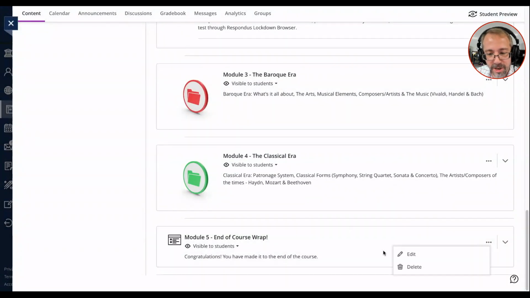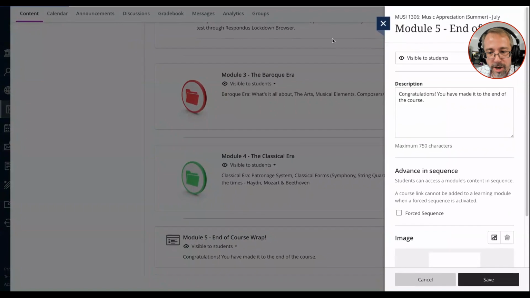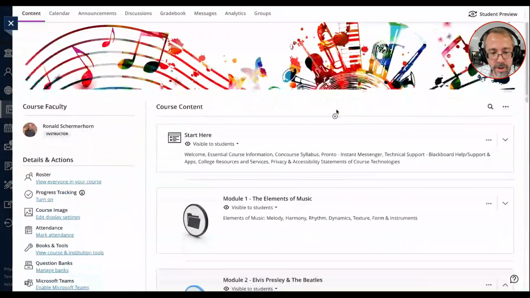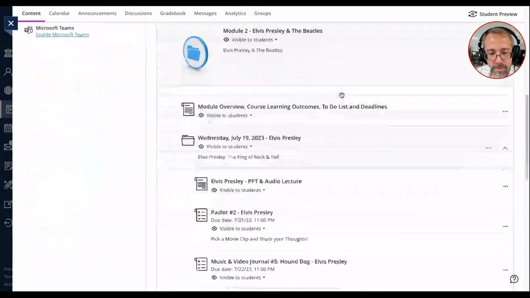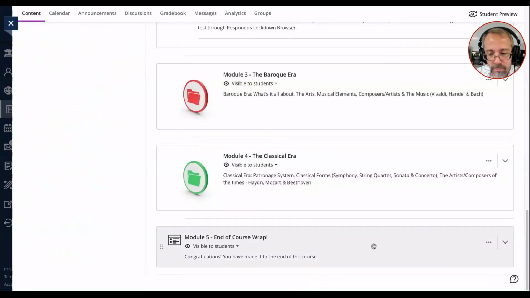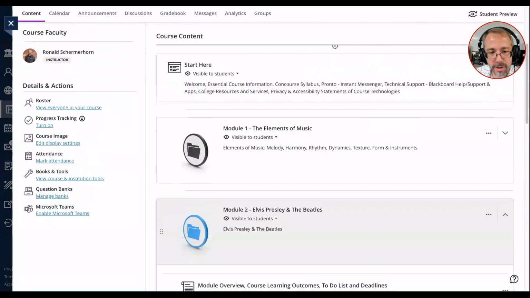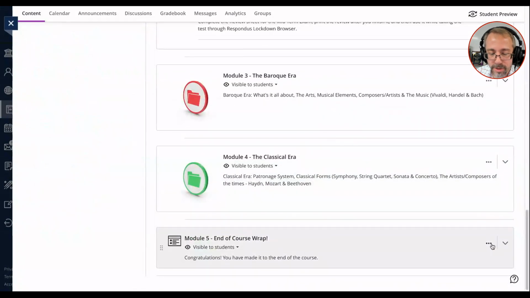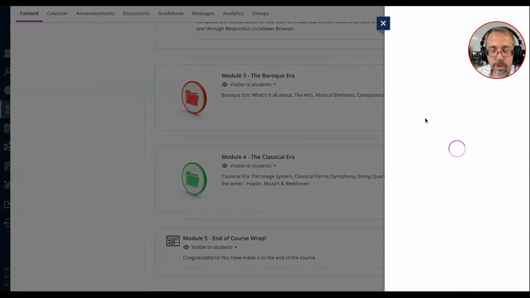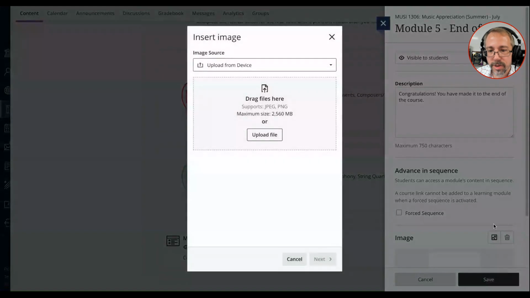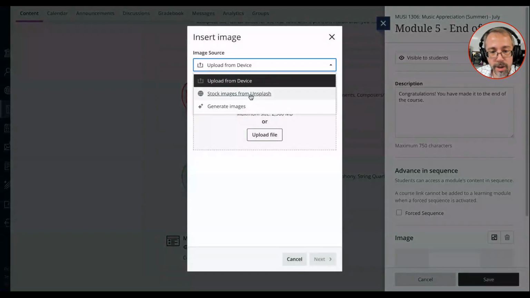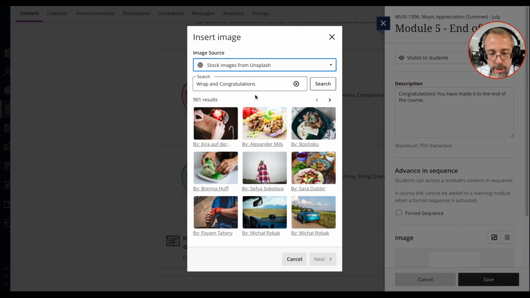I use different ones for these. Typically, for Start Here, I might use something like a pencil, and if there's an End of Course Wrap, I might use something else. So I'm going to leave the folders as just some icons that I license, but maybe for this one, what about the end of course wrap? Can we try something with the images there? Can we try Unsplash for one and then generate for the other? So how about, end of